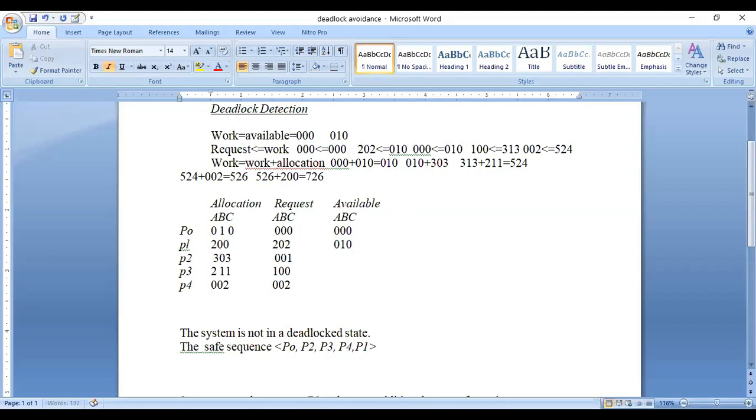So see here, 001 is less than or equal to 010. Is the condition true or false? Can anyone respond?